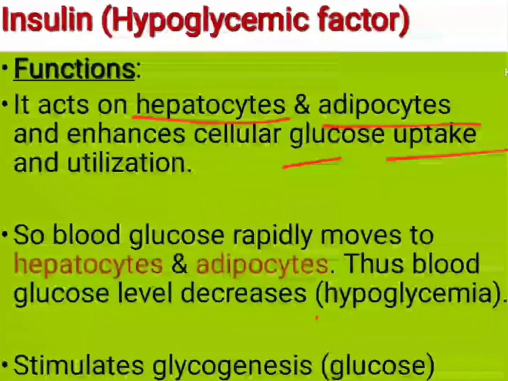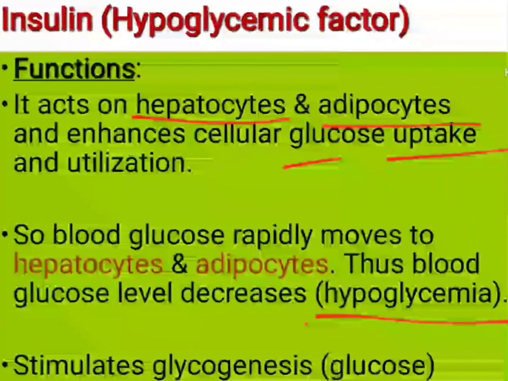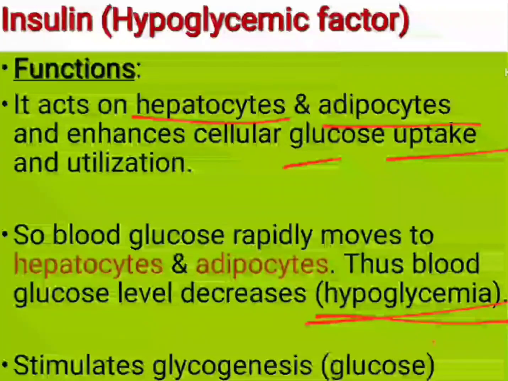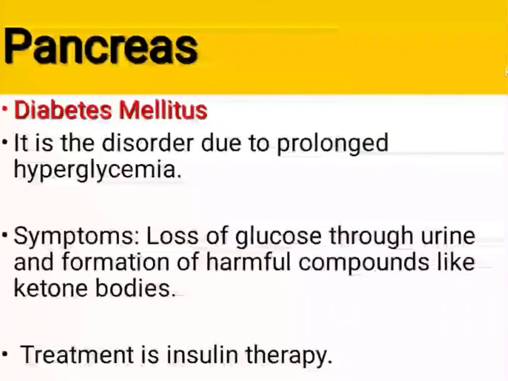And then the disease which is caused due to excess uptake of glucose by cells leads to hypoglycemia. Then insulin also stimulates glycogenesis, that is, formation of glycogen. And then finally we have discussed the disease which is caused due to deficiency of insulin or due to excess production of glucagon, that is diabetes. And the symptoms of diabetes